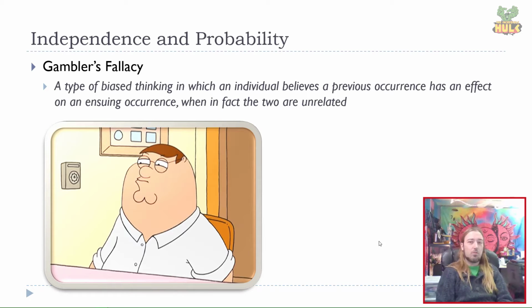50 times in a row at any of those tables that you know to be completely predicted by random occurrence, not skill. But you keep losing. You start to believe that that next outcome of a win is more and more probable. The more losses I have, the more likely it is that a win is on the horizon. That's not how probability works. Those events are entirely independent of one another.